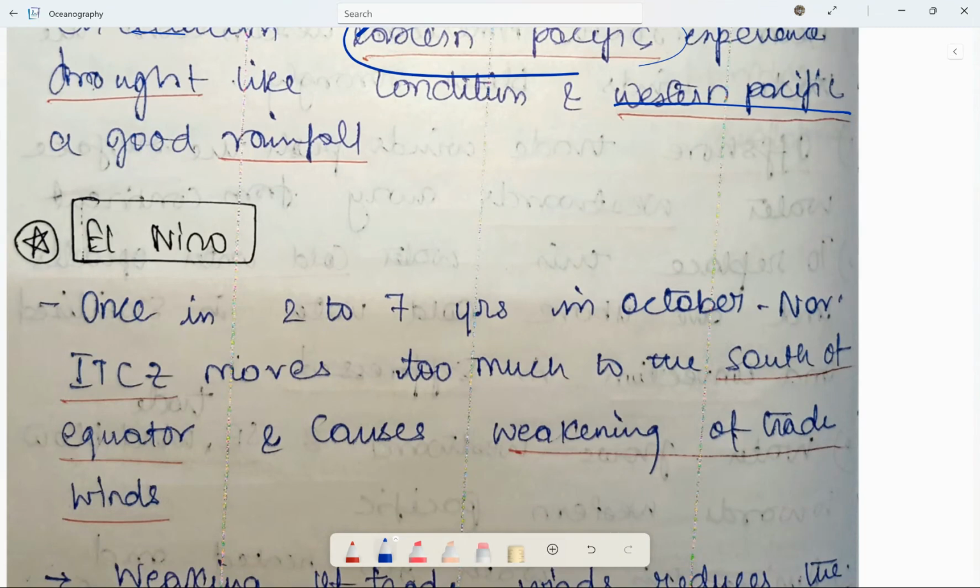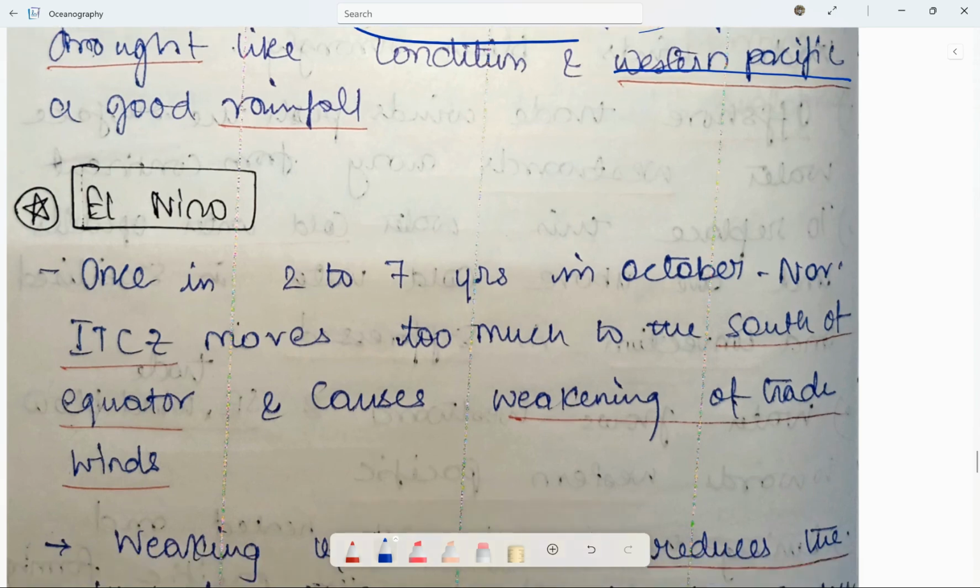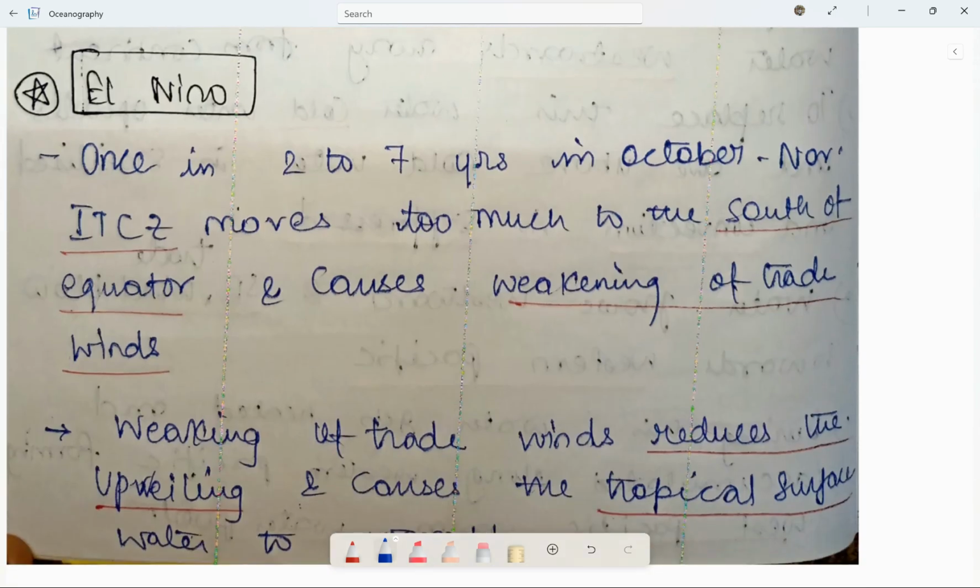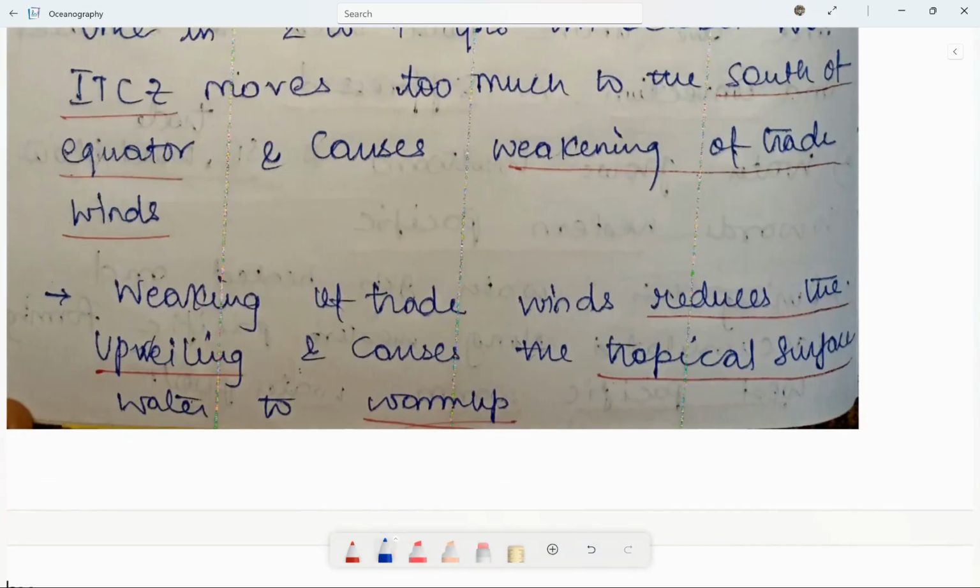ये एल नीनो जो है, ये अराउंड 2 से 7 साल के बीच में होता है, एंड बिटवीन अक्टूबर टू नवंबर होता है। ITCZ बहुत इक्वेटर से साउथ मूव कर जाता है एंड इट कॉजेज द वीकनिंग ऑफ ट्रेड विंड्स। क्योंकि ट्रेड विंड्स वीकन हो चुके हैं, ये अपवेलिंग को रिड्यूस करेगा, एंड द वाटर विच इज प्रेजेंट नियर द वेस्टर्न पैसिफिक ओशन, इट इज कोल्डर इन नेचर। Now it starts to heat up, warm हो जाएगा ये,